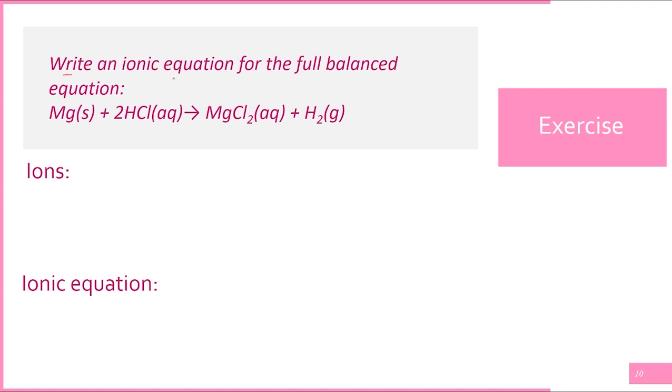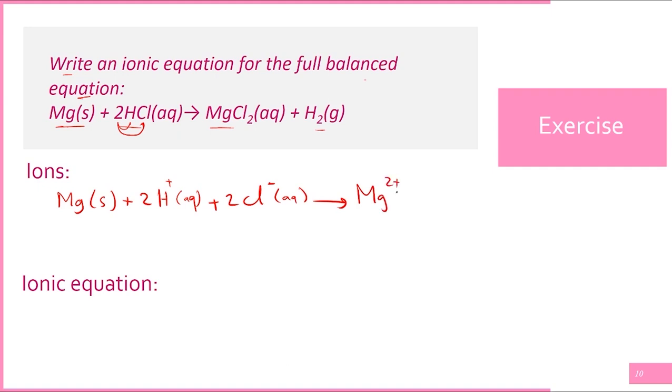Let's solve this exercise. Write the ionic equation for the full balanced equation of magnesium reacting with hydrochloric acid to give magnesium chloride and hydrogen gas. The first step, we write the charges on all ions. It is better to separate all ions to keep the balanced equation. We write magnesium solid plus 2 hydrogen ions plus 2 chloride ions